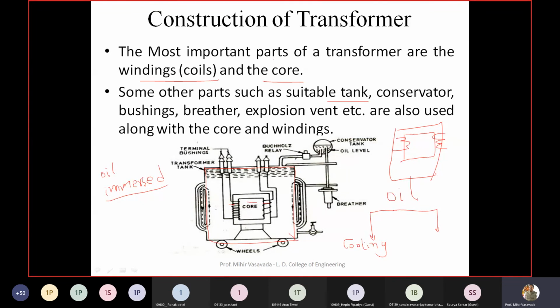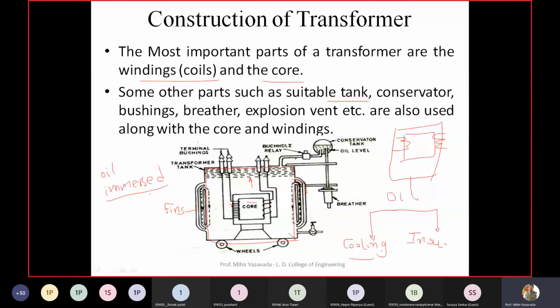So it will take the heat from the winding, and the heated oil will go upward, and then it will go to these cooling fins. The one on the side is known as radiator or cooling fins, right? So it is there on both the sides, known as the cooling fins or radiator. It is similar to the radiators we use in our car. So the first function of oil is to cool, dissipate the heat, and the second function of oil is to provide the insulation also, because oil is a good dielectric material also.